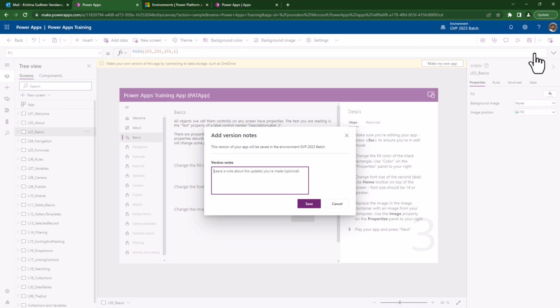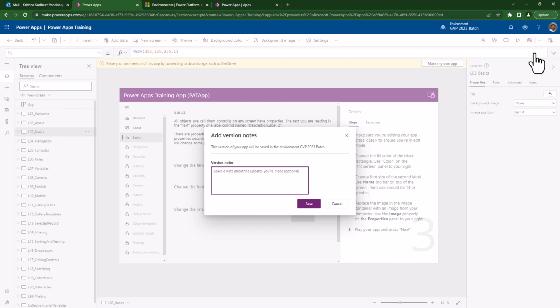Version notes help users or developers understand what has happened previously, because apps are shared across the team, and the team starts working on the app and making changes to each and every functionality as per the business requirement. But at the end of the day, when the owner of the app or any other team member comes into the picture and wants to understand what has